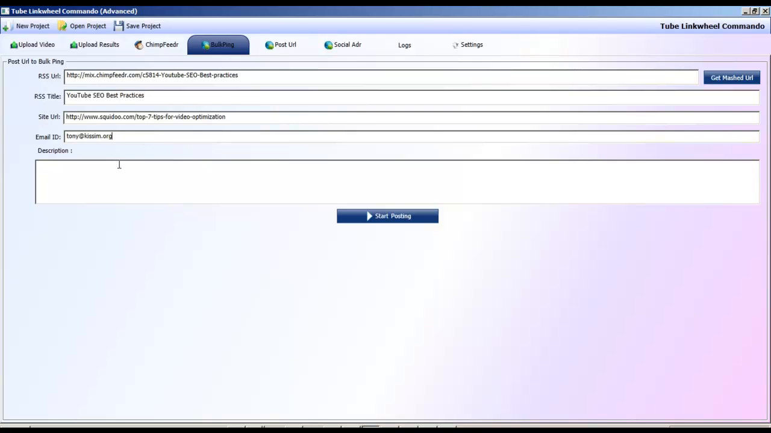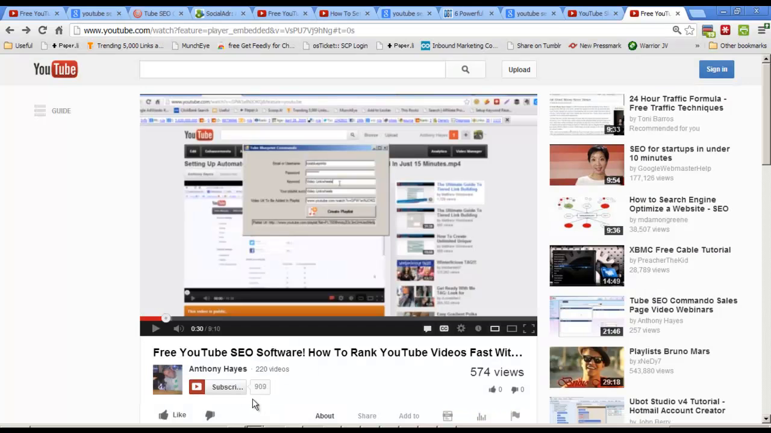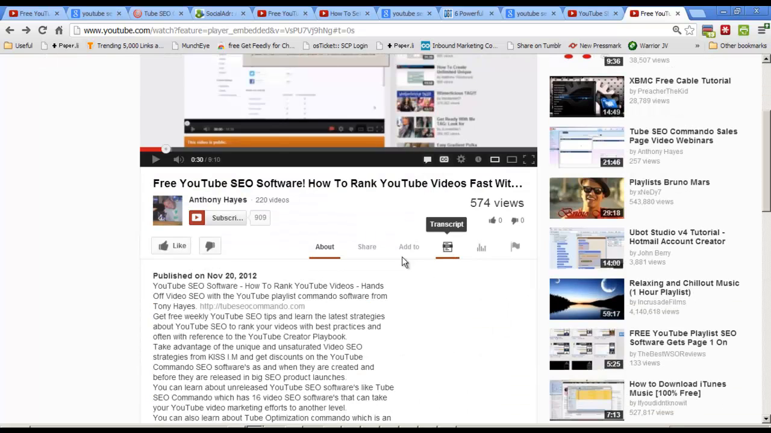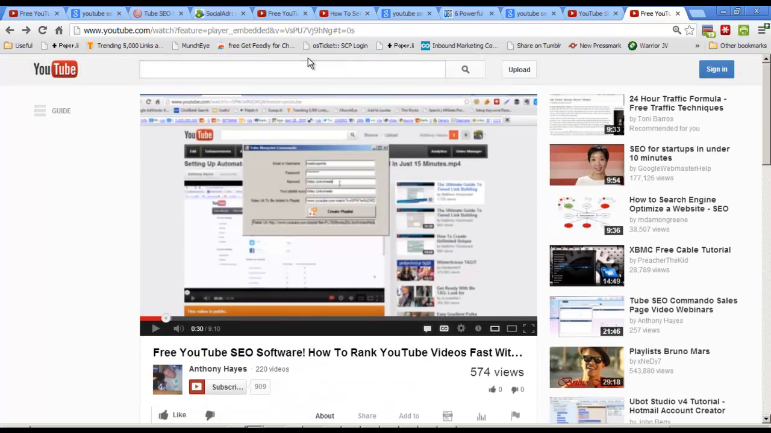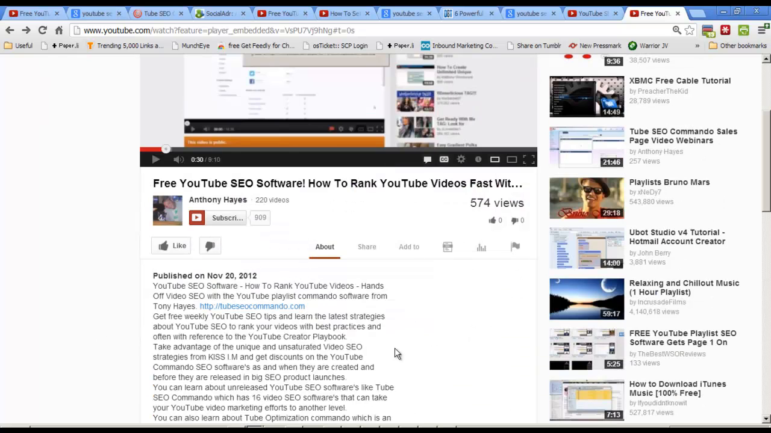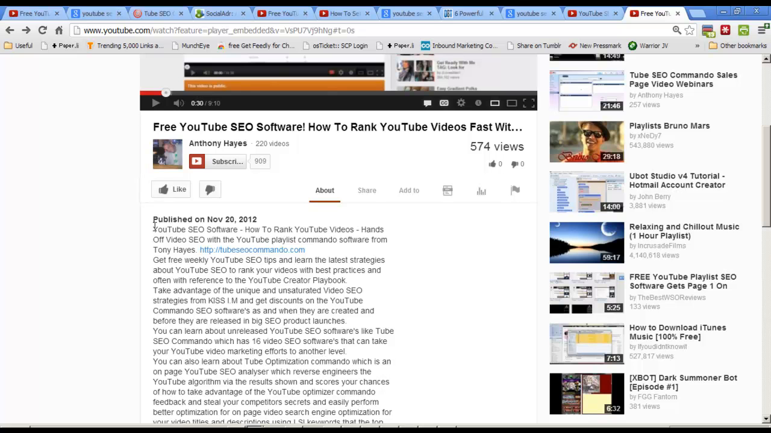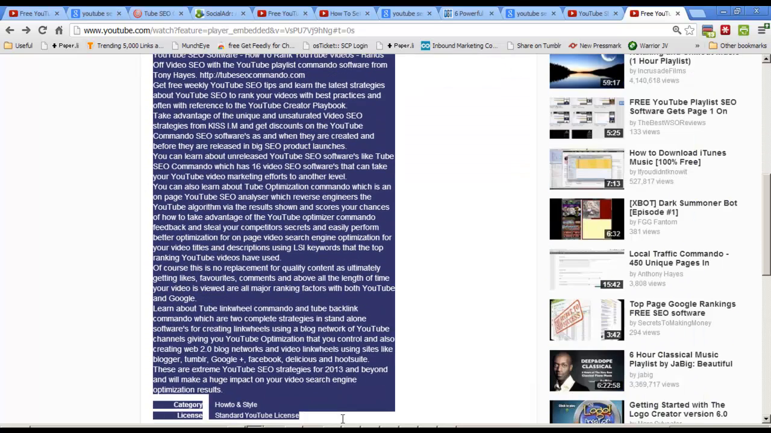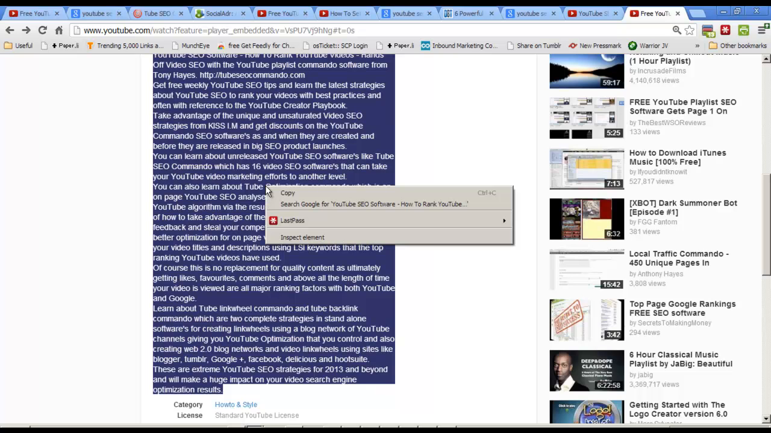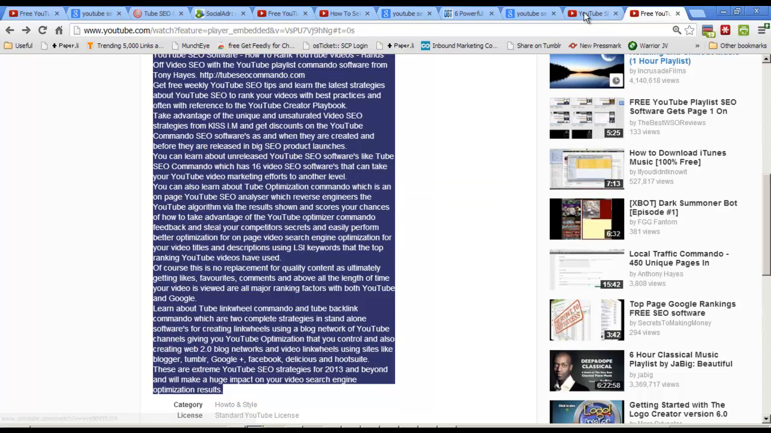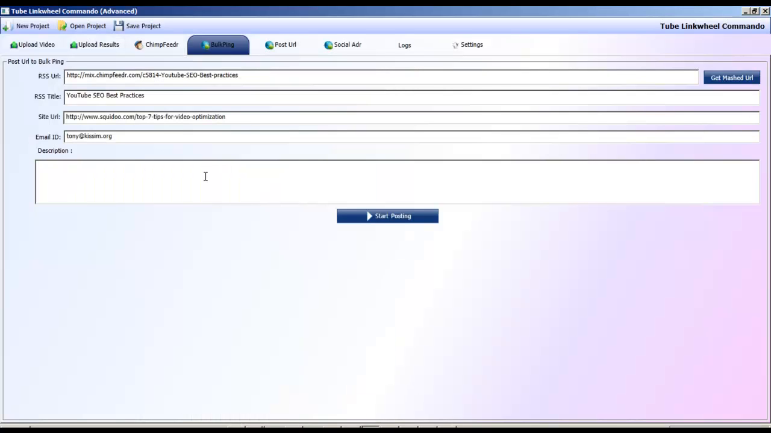Okay, so now we want to have a description in here, and what we can do is two things. I can either take something from the Squidoo page, or I could take something from one of the videos. If you're pointing at a video rather than a Squidoo page or a squeeze page or something, take the description from your main money URL. What I'm going to do here is take this, because I optimized this one quite well last night. It's all about YouTube anyway. I'm going to put that in here,